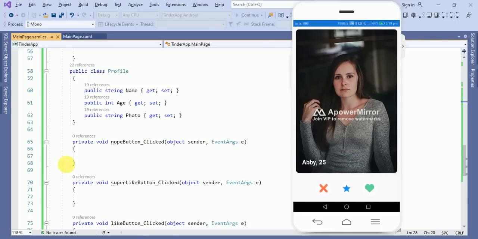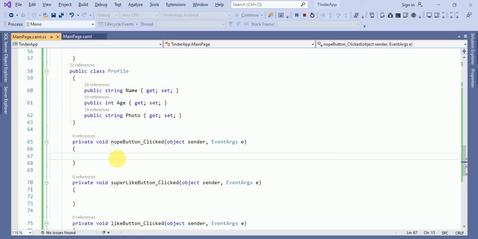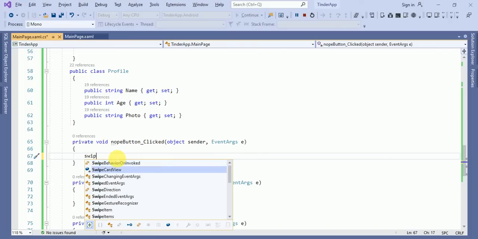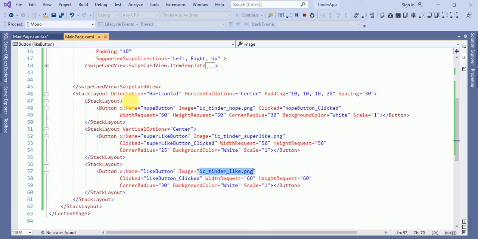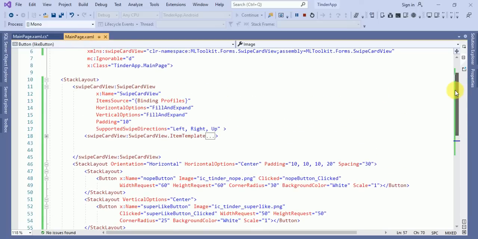Now in the backend, in the no button clicked, what we have to do, this is for the dislike button. So for the dislike button, swipe view, we will copy the name of our view.